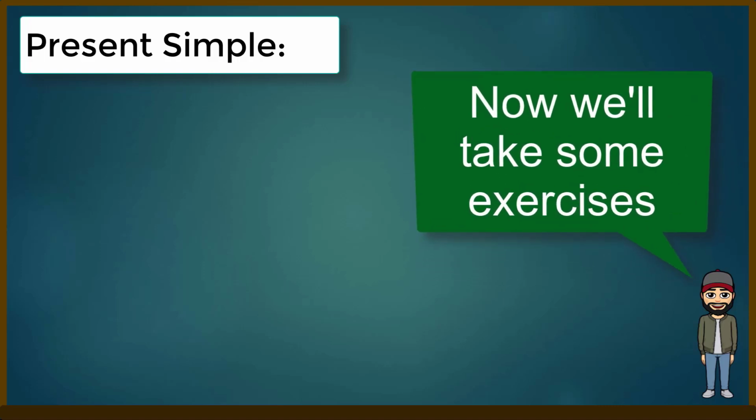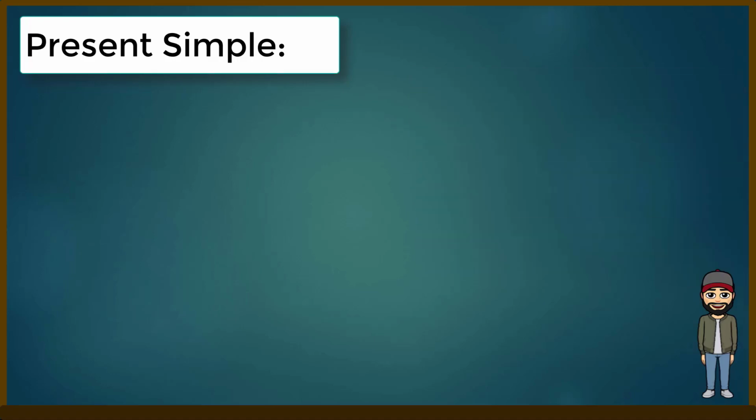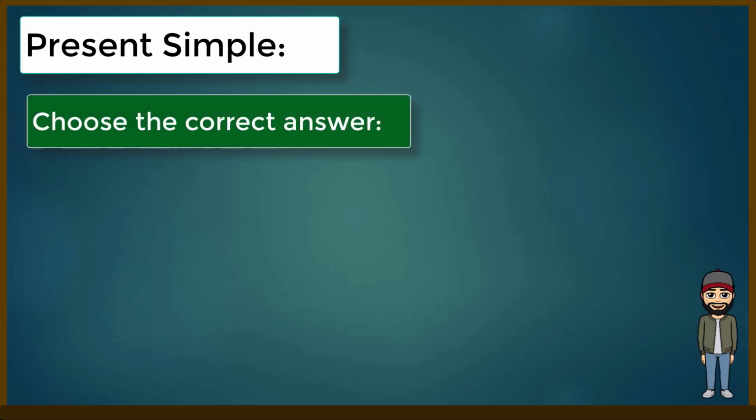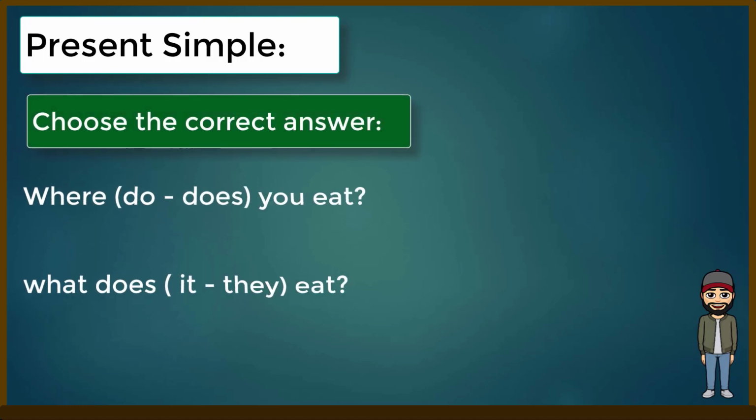Now, we'll take some exercises. الآن سنأخذ بعض التمارين. Choose the correct answer. اختر الإجابة الصحيحة. Where do, does, use, eat? What does it, they eat? So what's the answer for the first one? ما هي إجابة السؤال الأول؟